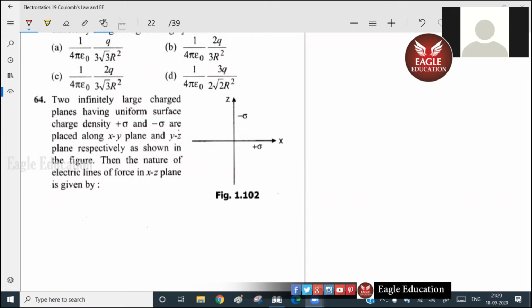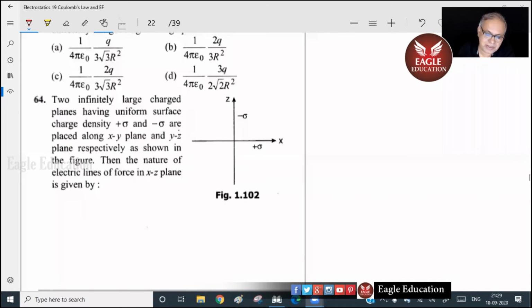Sir, due to the plate of plus sigma charge density, it will be perpendicularly upwards, sir. Perpendicularly upwards, the lines of course. But tell me, Bharat, why is it the y direction? This y direction is like this, huh? So having charge density plus sigma and minus sigma lie along the xy plane. The xy plane is where